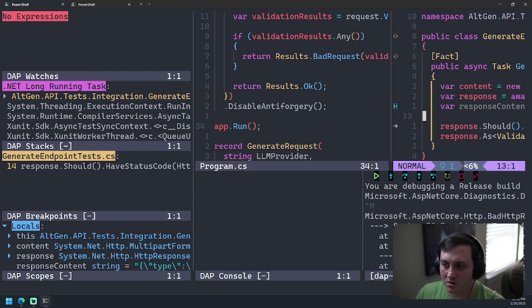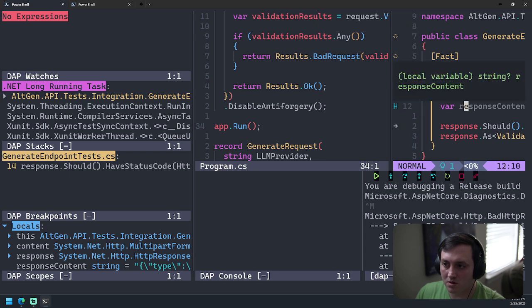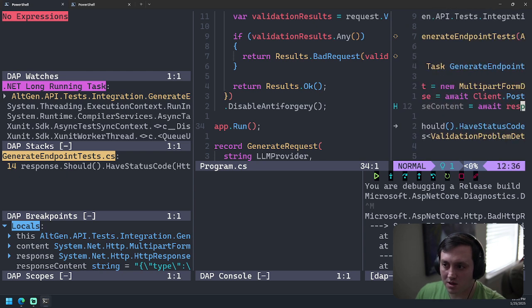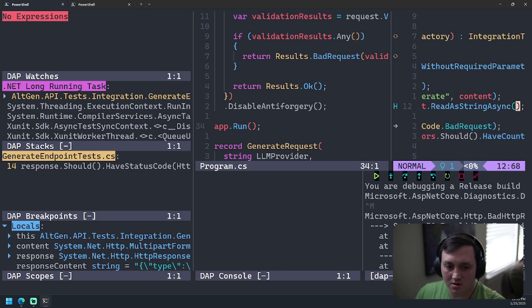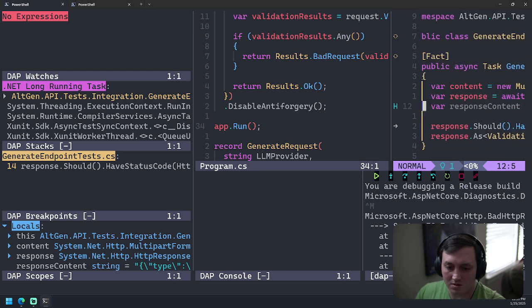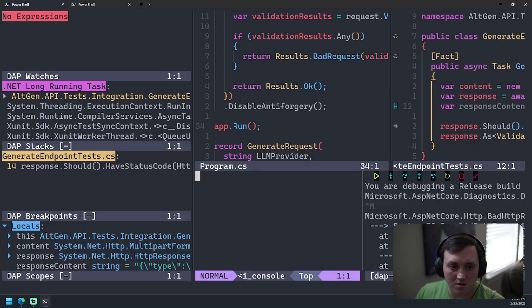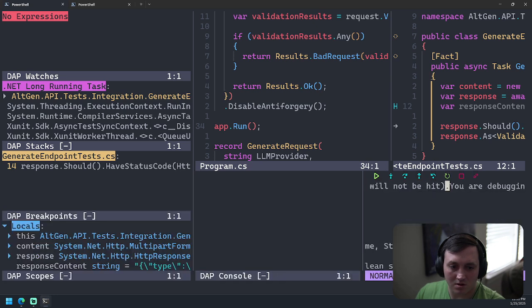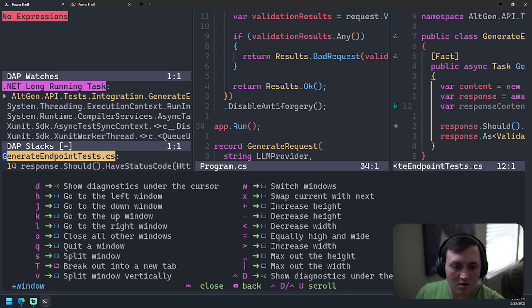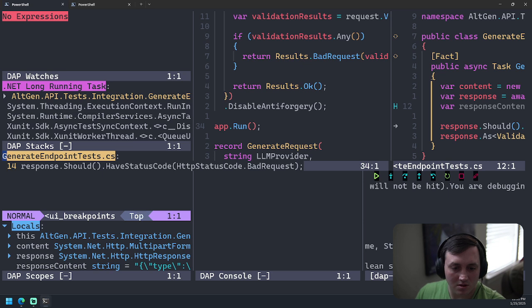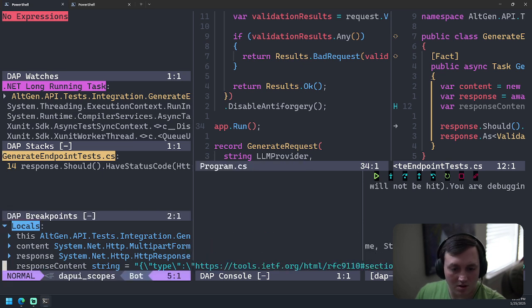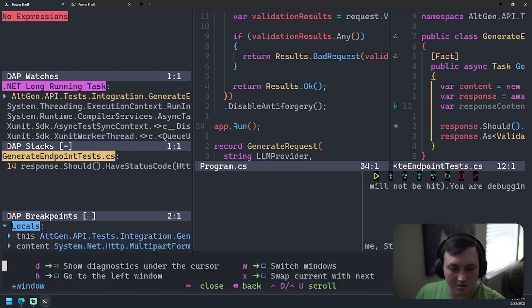Oh. No, that's not working. The diagnostics under the cursor. WD.